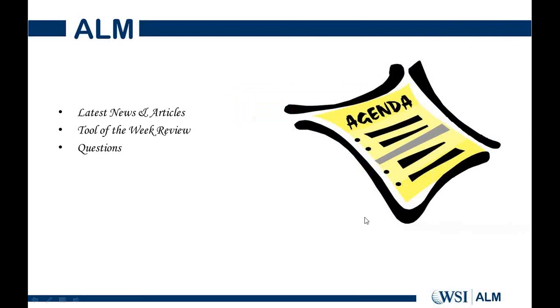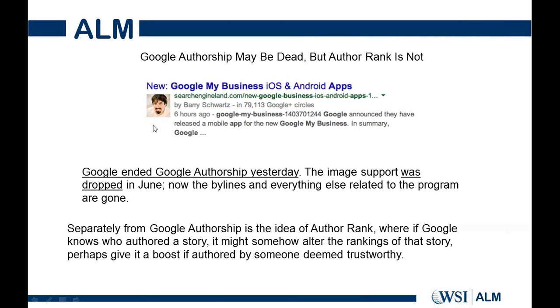As you know, previously, if you look at my screen right now, you'll see this is how a Google authorship result would typically come up on your first page of Google. So you basically had your image showing up on the left-hand side, if you validated, and then you'd have your name. In this case, it's very short. Then you'd also have a profile in terms of the number of people associated with your Google Plus. In this case, Barry has about 79,000 people in his Google Plus circles, so that number would be showing up. And then you'd have when this particular post was released. In this case, it was released about 6 hours ago.